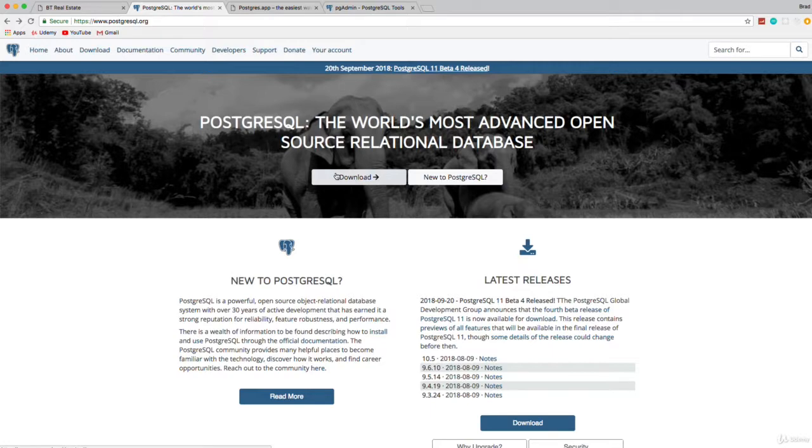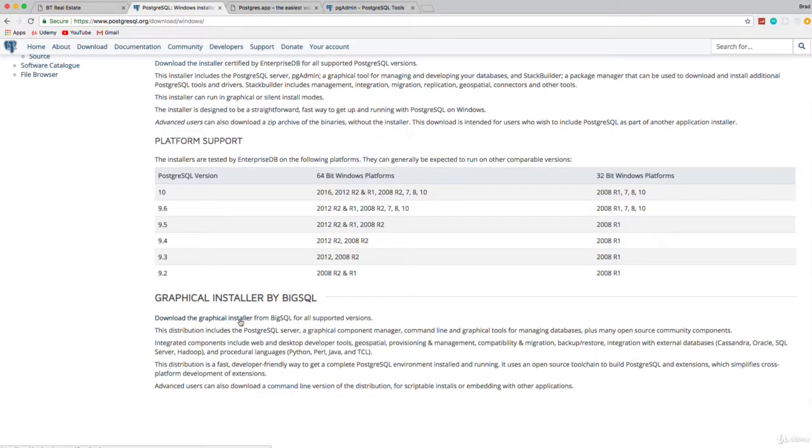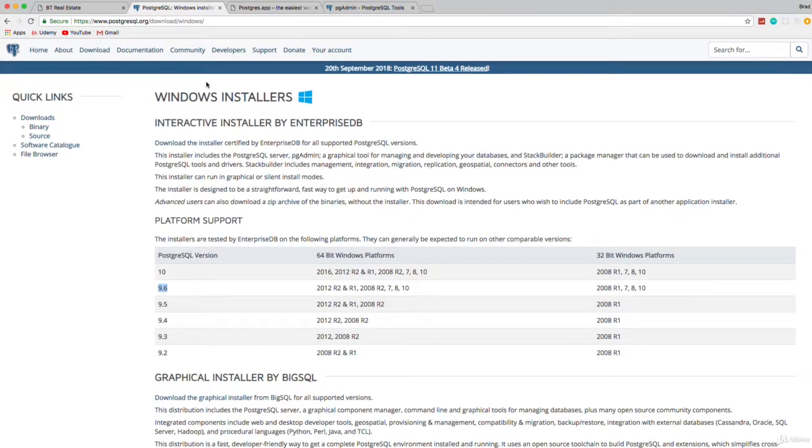Now, as far as installing Postgres locally, it's a little different on Windows and Mac. What I would suggest if you're on Windows is to go to postgresql.org, go to download, click on Windows, and download the graphical installer, okay, and just go through that. I'm using version 10, so that's what I would suggest. If you want to use 9.6, that's fine. If there's a later stable version, you can probably get away with that as well, so it's up to you. And if you've installed Postgres before and you know how to do it, if you have a different way of doing it, by all means,